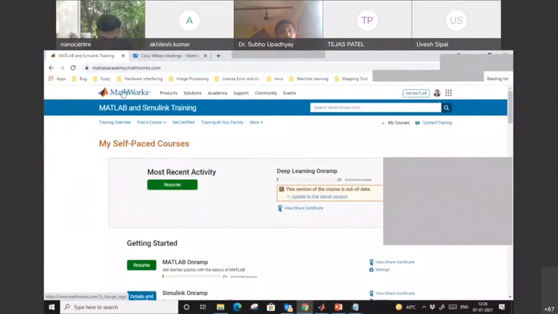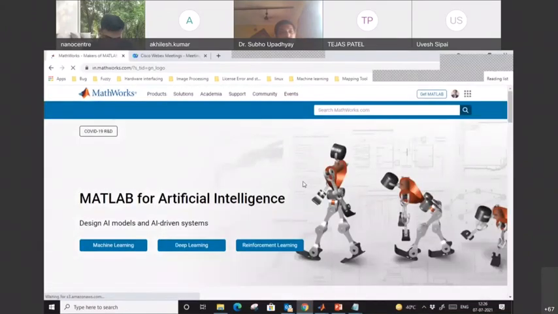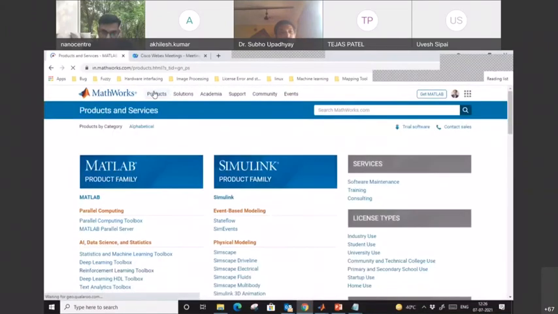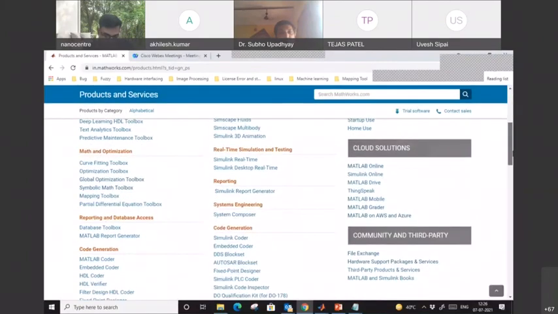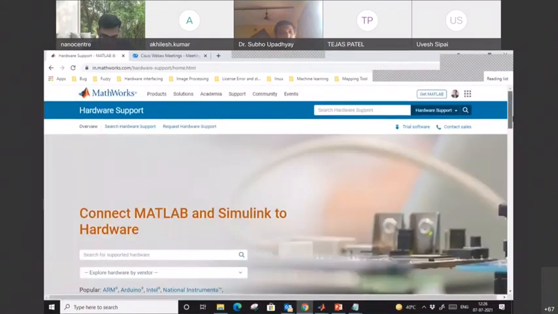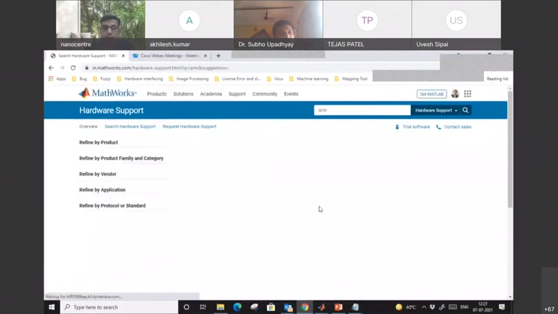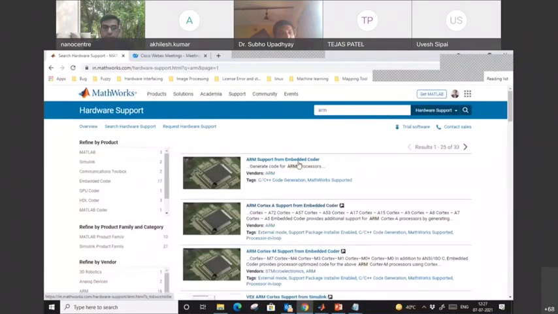Okay, I would like to share one link, sir. You can check the compatibility of the hardware with this link. You can search your hardware. Just give me 1 minute, I am sharing it. That is the hardware support packages page. Here you can check any hardware. Let's say I want to interface the ARM hardware. I will simply search ARM, and here I will get the ARM support package for Embedded Coder and some other hardware.